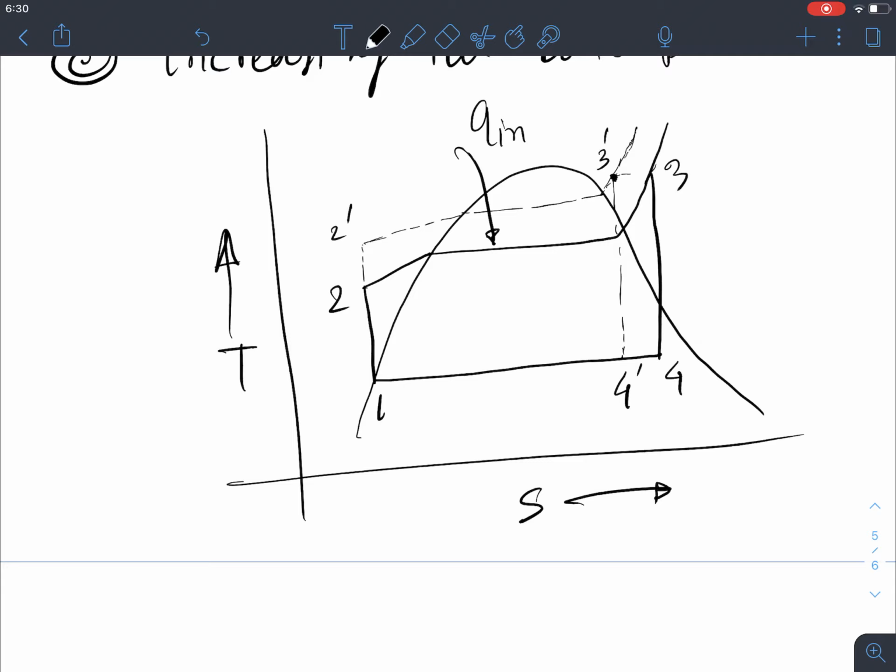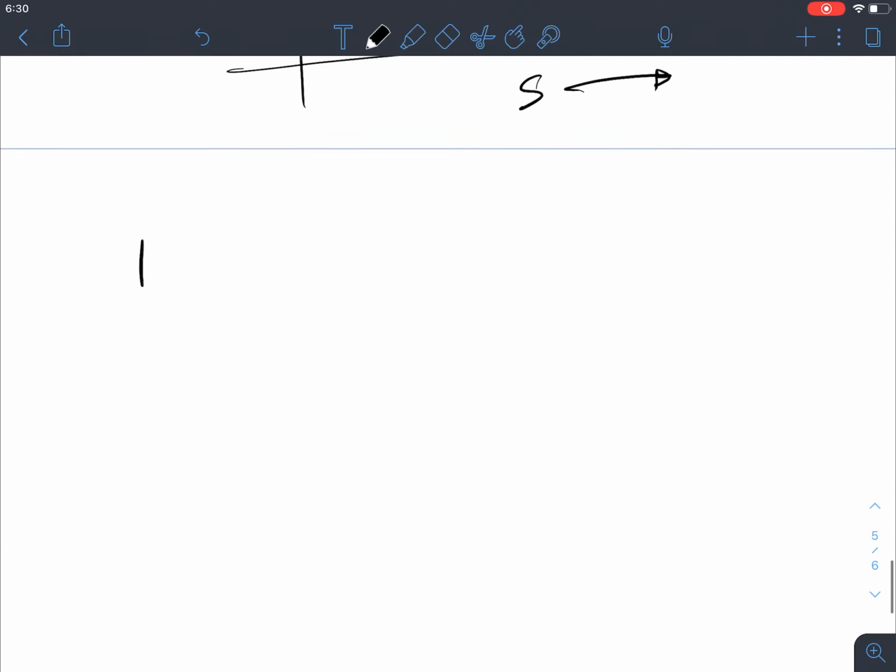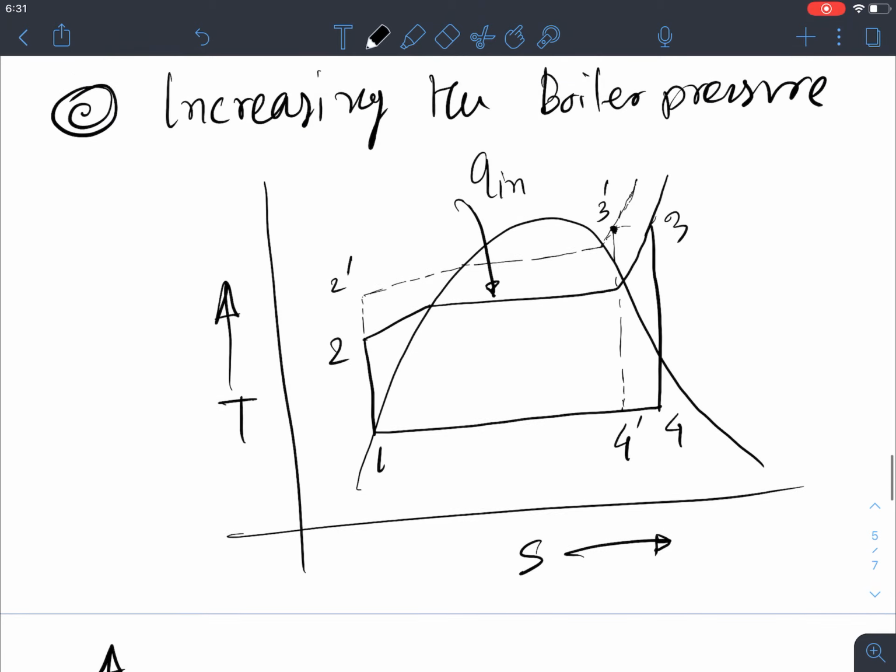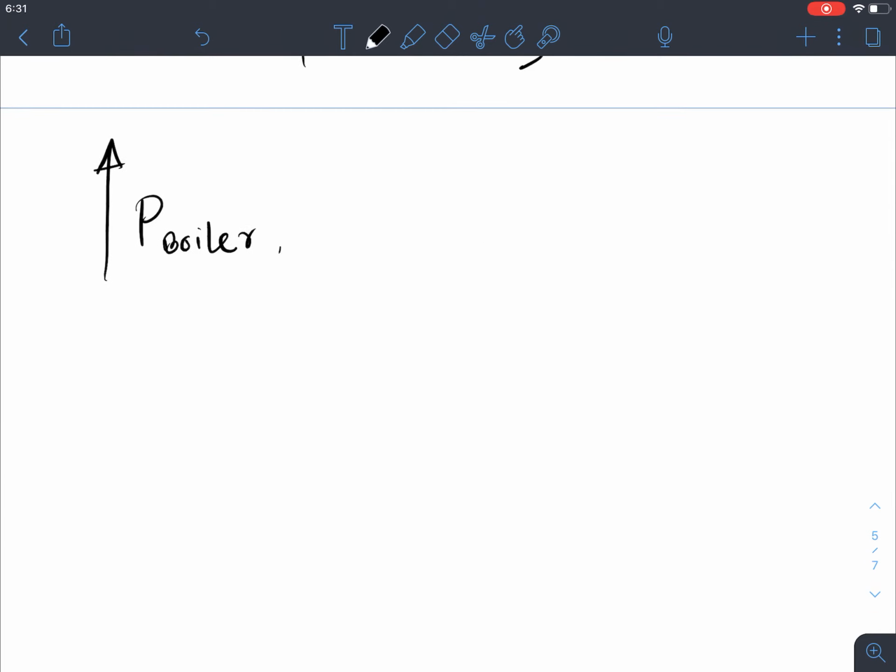That means the average heat transfer temperature of the working fluid from the boiler is also increased, so the efficiency will increase. So if the pressure of the boiler is increased, which is the dotted line, right, then